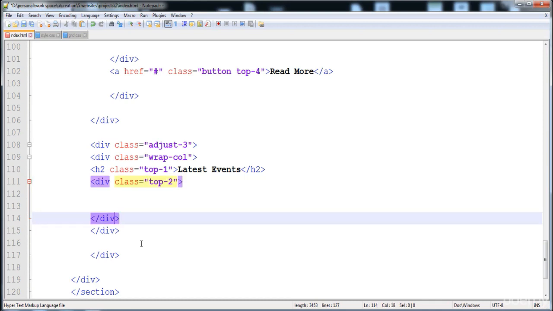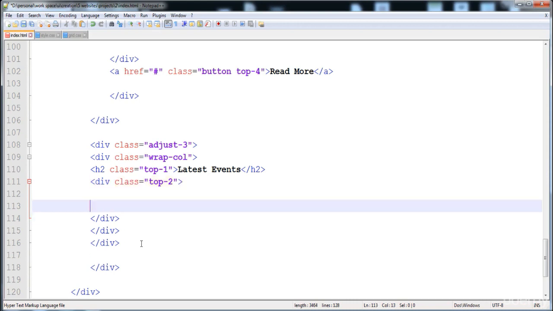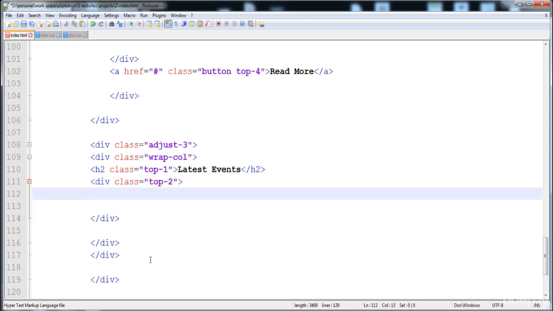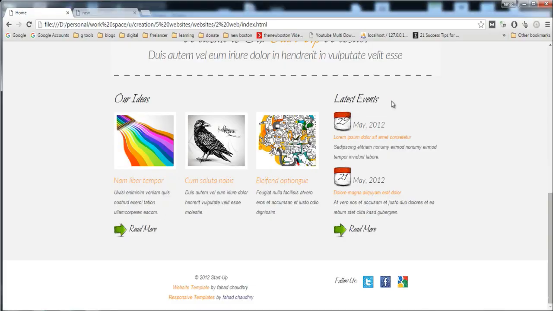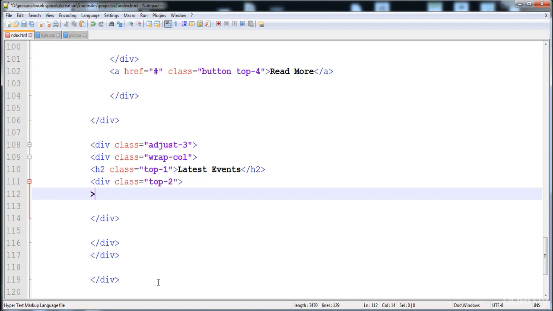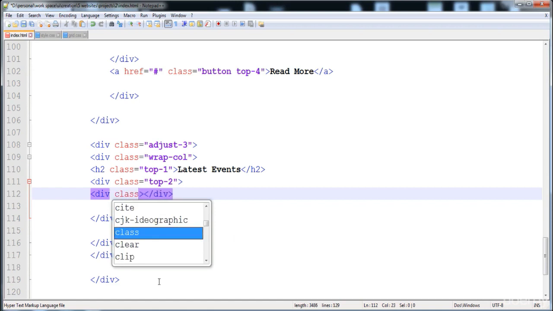Here we have to include its closing tag. In this div we will paste this first date, May 2012 and 29, and here is the div, and here is the div, and now here we have to give the class date,